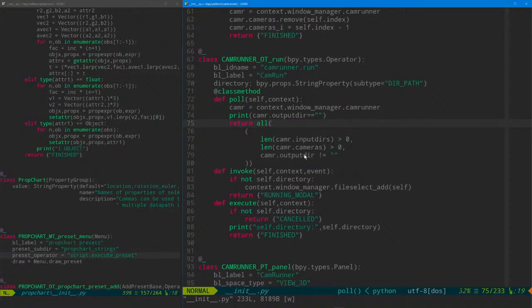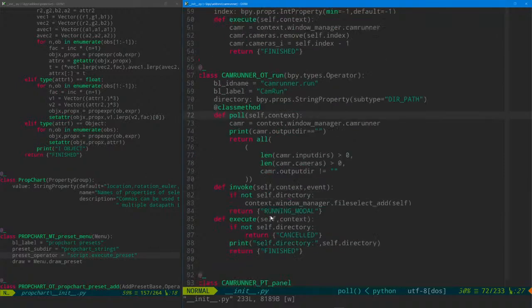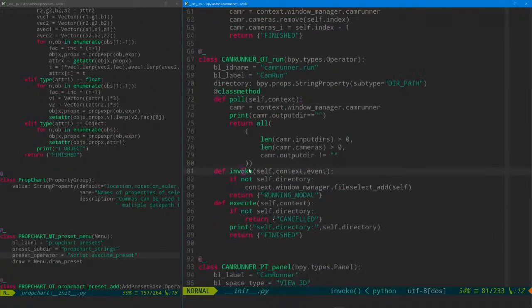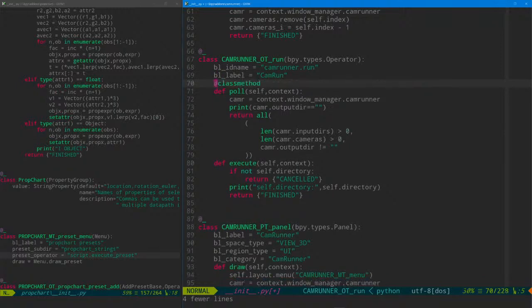We're going to take all that old operator stuff out. Where's that at? Or this thing, the invoke. It's not even going to have an invoke. Actually, it's not even going to have a directory. And the poll? Yeah, the poll is good. The poll is the main thing. I don't really care about that, but